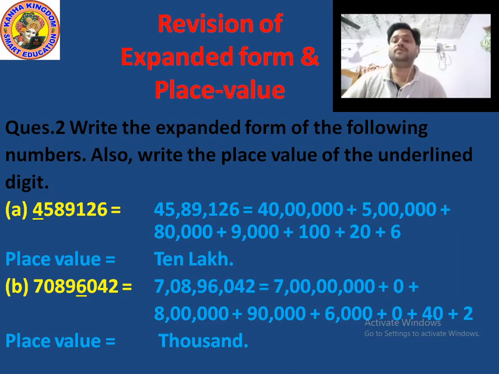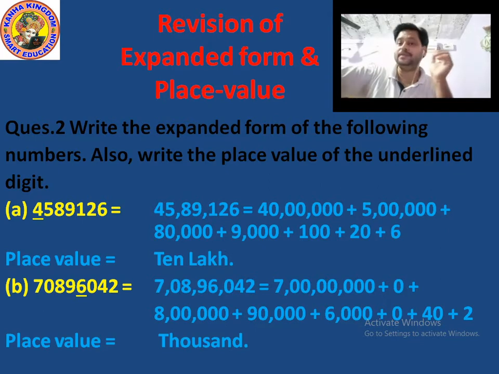So what is the place value of 5? The place value of 5 is lakhs, and just after 5 is 4. Means the place value of 4 is 10 lakhs. Clear? Understand how you find out the place value of 4. Clear? Okay. One more part